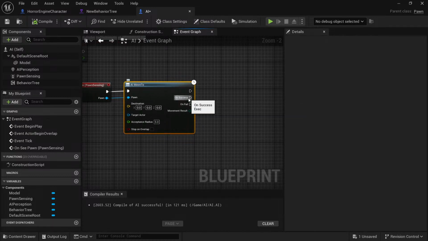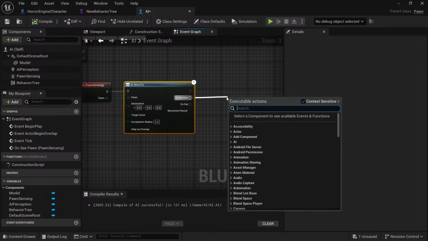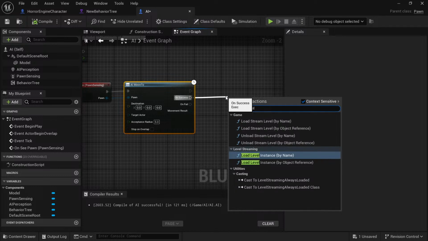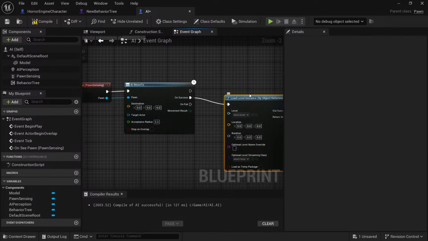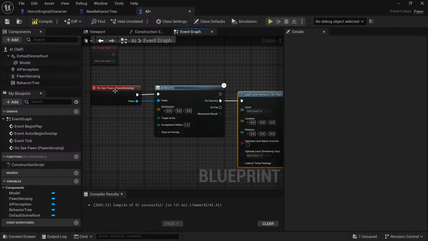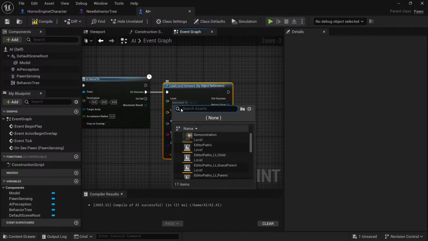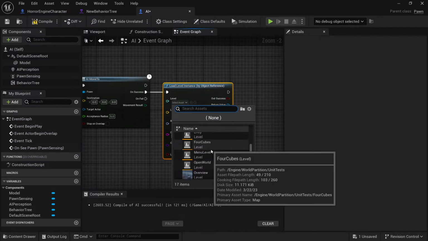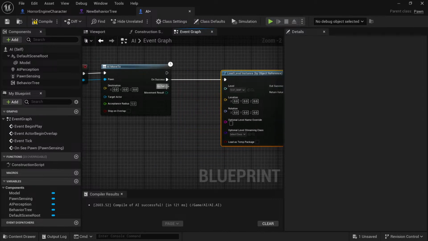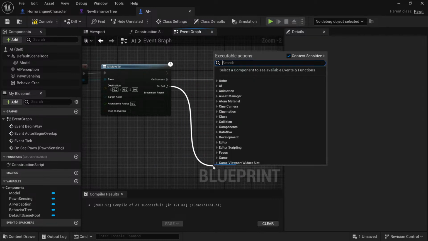On success, we load level instance by object reference. So what this is basically saying is when you see the player, go to the player. If you successfully get to the player, then we restart. And if you don't successfully get to the player,